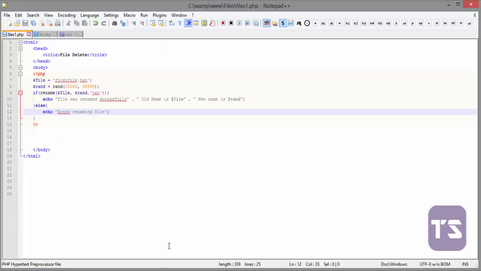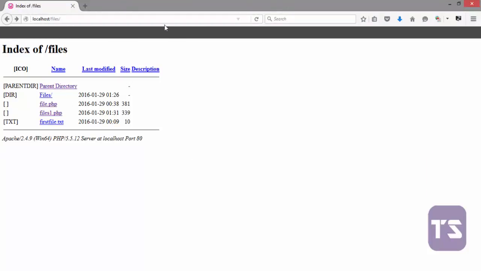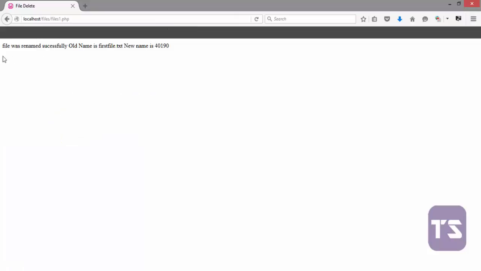I think that was okay. So let's go back, and let's click on files1.php, and you see our file was renamed successfully. Old name first file.txt, and new name is 40190. And now we forgot to add our extension here on the echo statement,